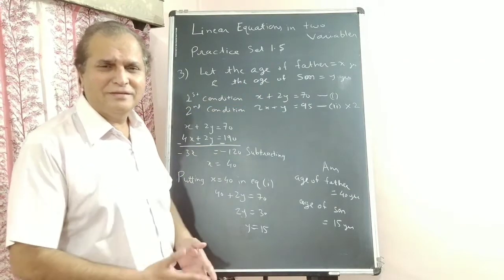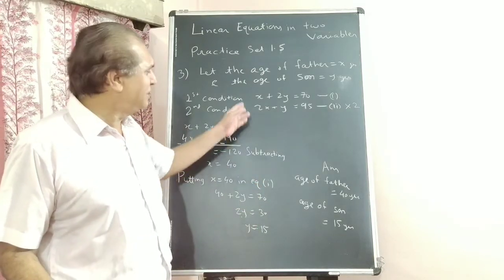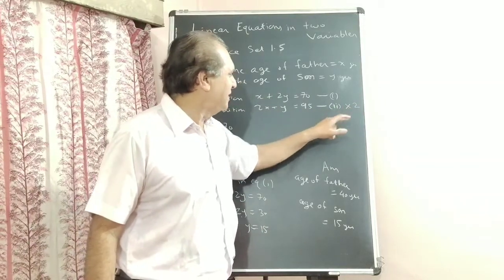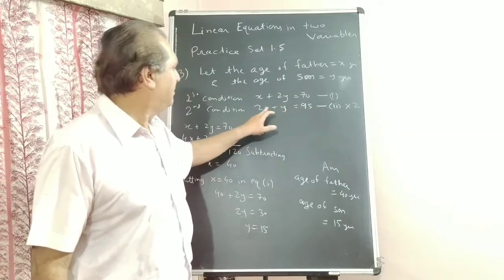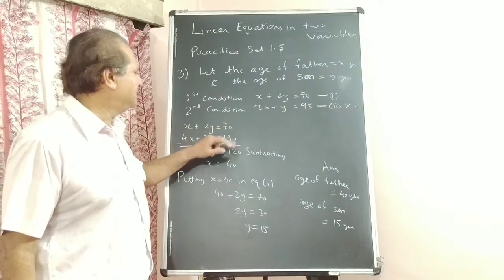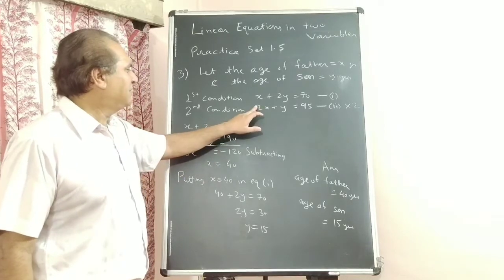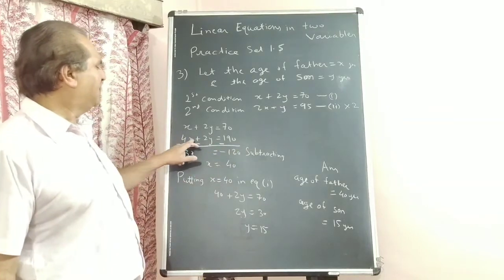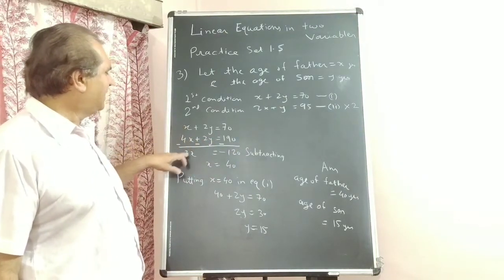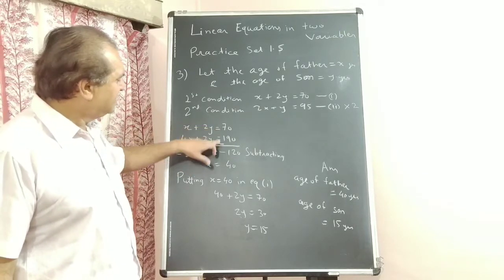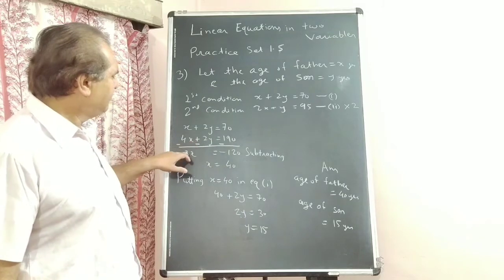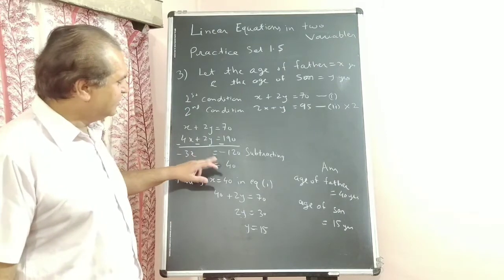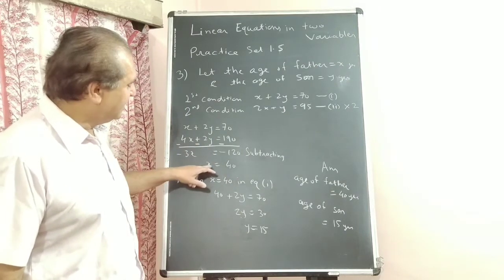Now simple two equations, because the numbers are not very big, no need for that z method. Just multiply first equation by 2. If you multiply the first equation, x plus 2y is 70, by 2, 4x plus 2y is 190. Second equation, for subtracting, change the sign. X minus 4x is minus 3x. Plus 2y minus 2y cut. 70 minus 190 is minus 120. Dividing by minus 3, 3x equal to 120, x equal to 40.